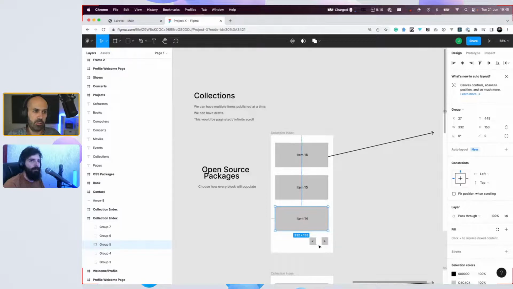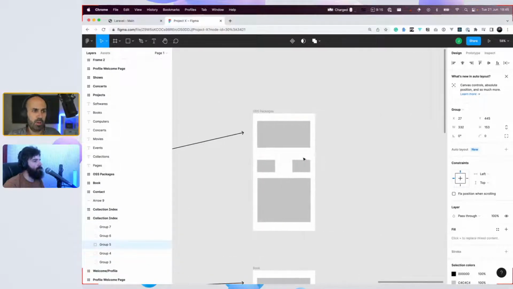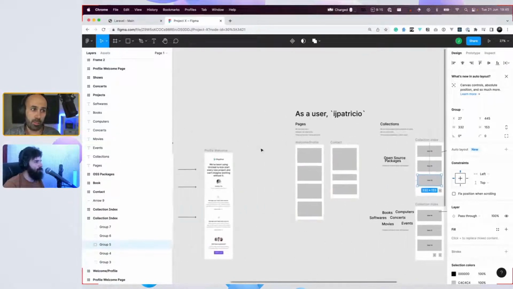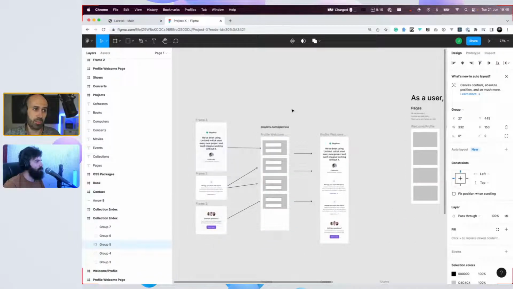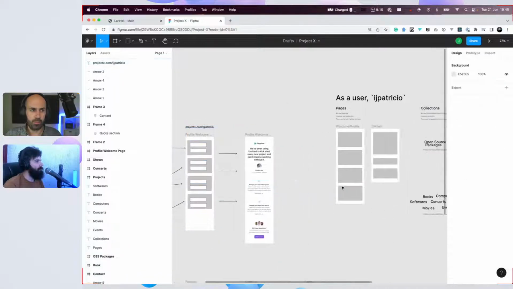Yeah, a listing where we can navigate and so on. And each item will be a page that you can also build with a text block, then an image block, and then a YouTube embed block. Very similar, of course, the same principle as the page.